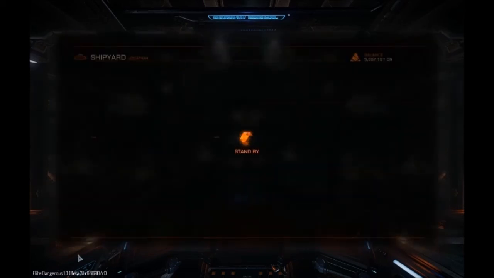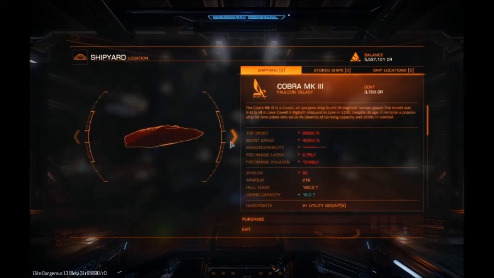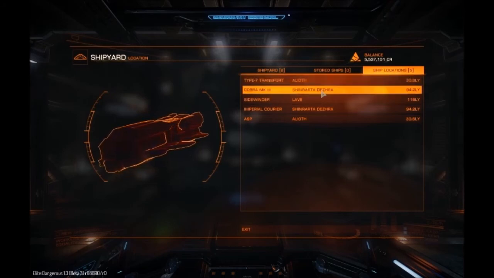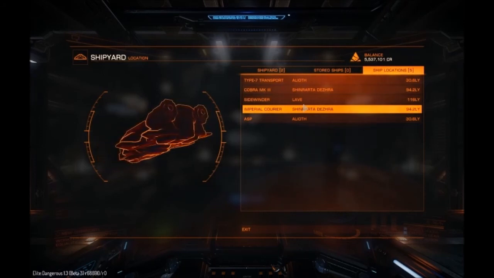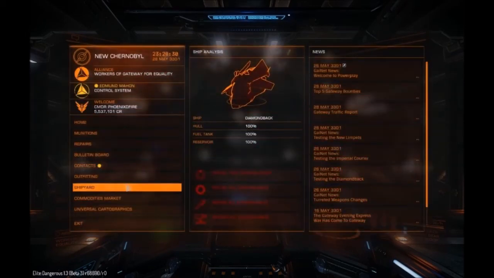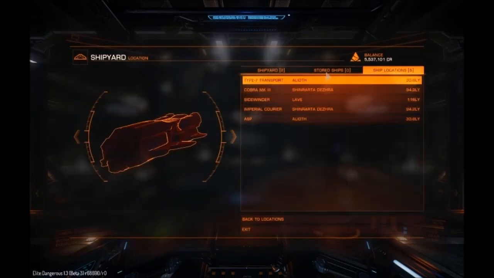So, just see if there's anything decent in the shipyard. Oh no, this only had a Cobra 3, so we'll just leave them alone. But here you can see that I have a Cobra 3 in... What's a Cobra 3 doing there? Oh, of course, that's my good Cobra. That's over at Shinrata. And an Imperial Courier, which I had a muck about with as well. That was absolutely fantastic to fly. But not as good when it comes down to it